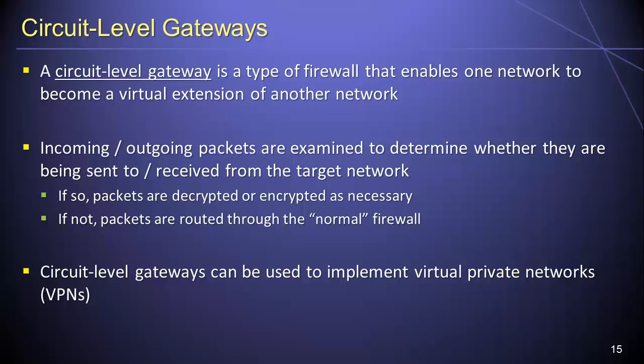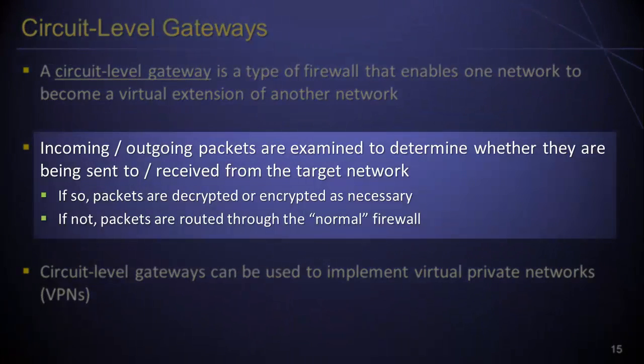A circuit-level gateway is a type of firewall that enables one network to be virtually connected to or become a virtual extension of another network. A circuit-level gateway works by examining incoming and outgoing packets in order to determine whether those packets are being sent to or received from the target network, with the source and destination IP addresses of each packet typically being used